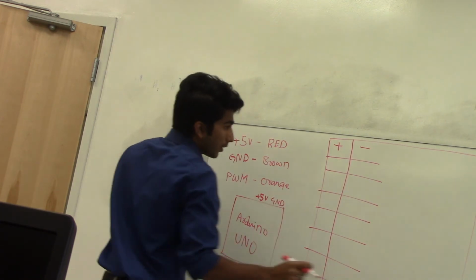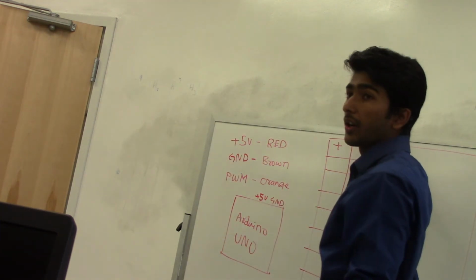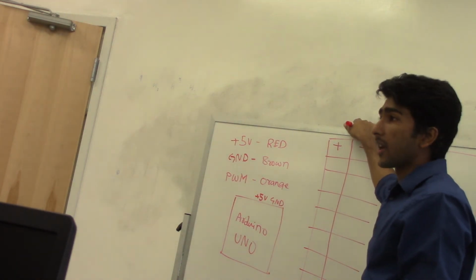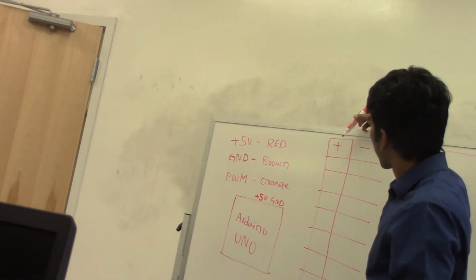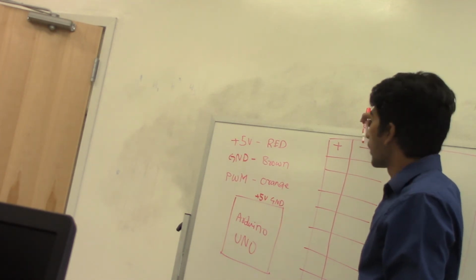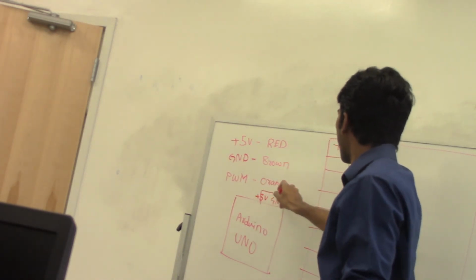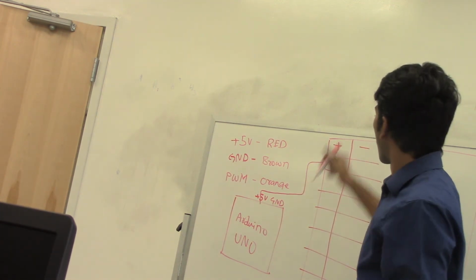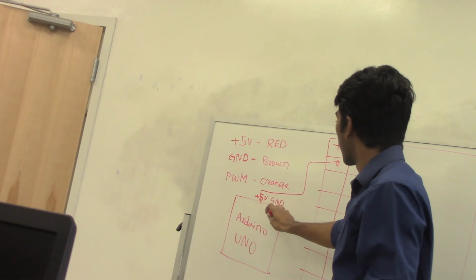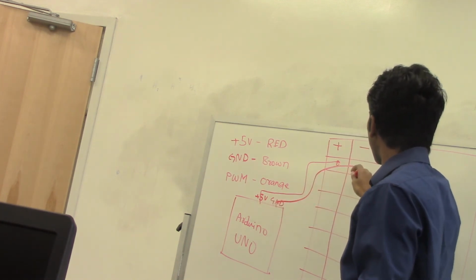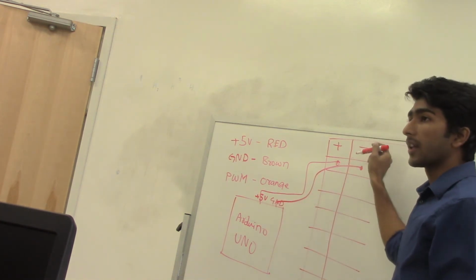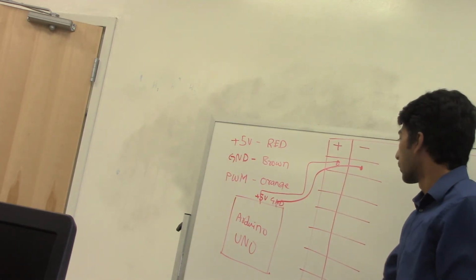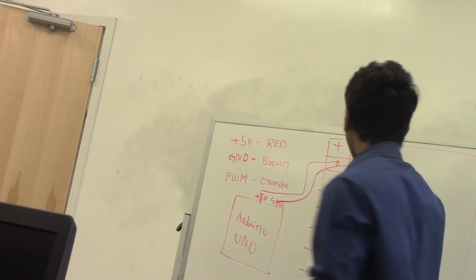Alright, here is a rough diagram for the Arduino and the breadboard. Take a look at this diagram and at the positive and the negative lines on your breadboard. Use the positive 5 volts and connect to one of the ports at the plus symbol, and then use the ground and connect to the negative. Once you connect that, you can use any of these pins to use the 5 volts for your servo. So if you have, let's say, 3 servos,